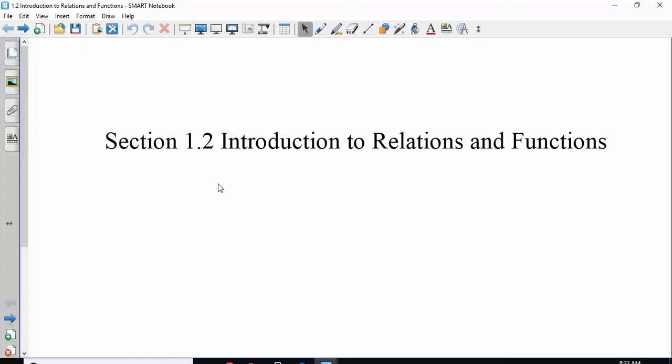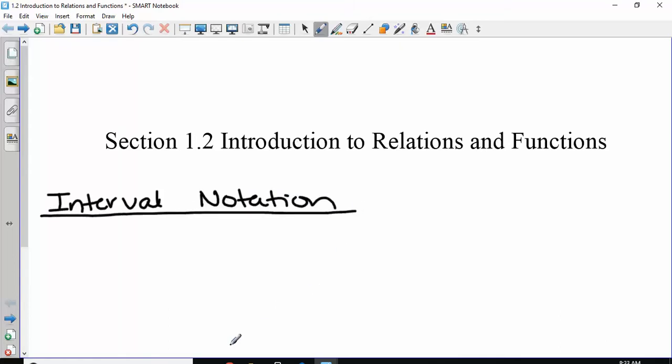We are going to start using something called interval notation today or tomorrow. So before, if you solved a problem and you got an answer like x is greater than negative 2,